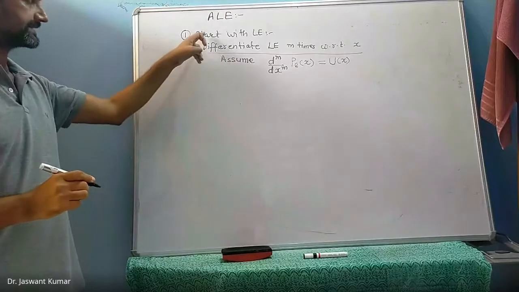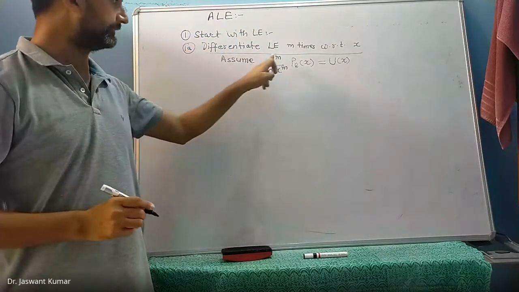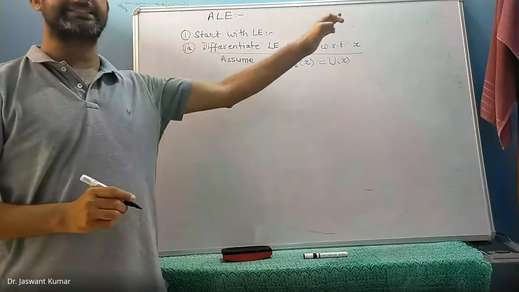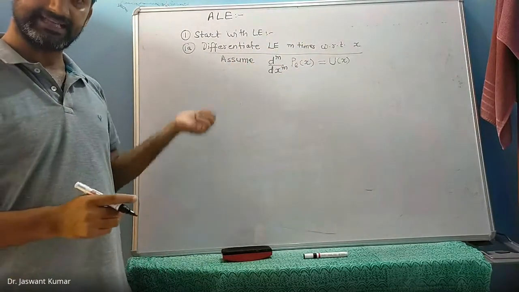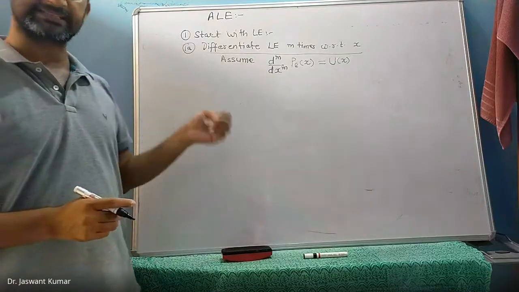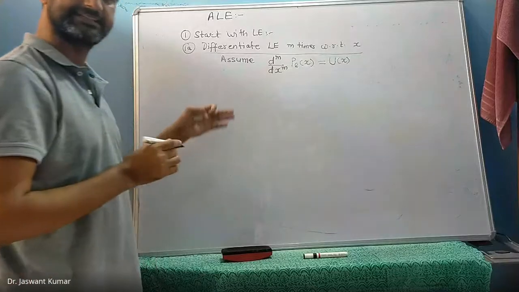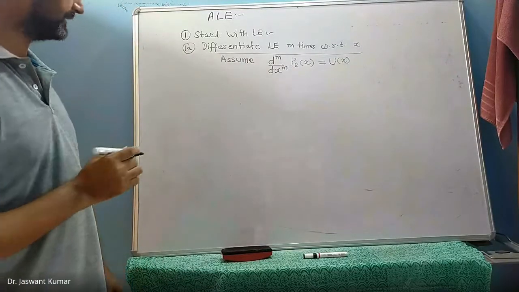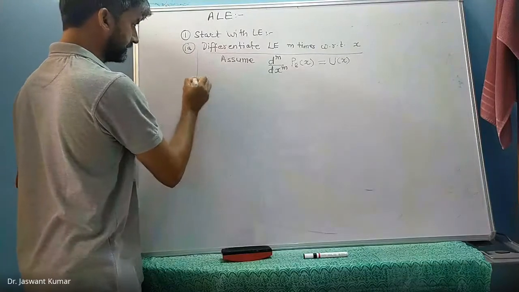When we differentiate the complete Legendre equation m times with respect to x and substitute that the mth derivative of P_L of x is equal to u of x, the differentiated equation comes out to be